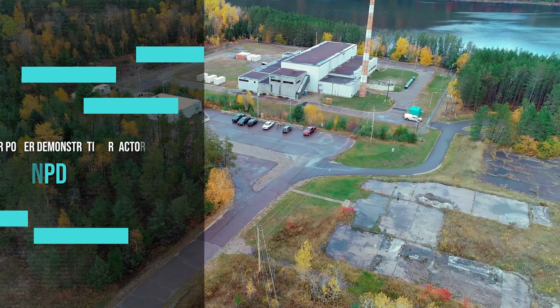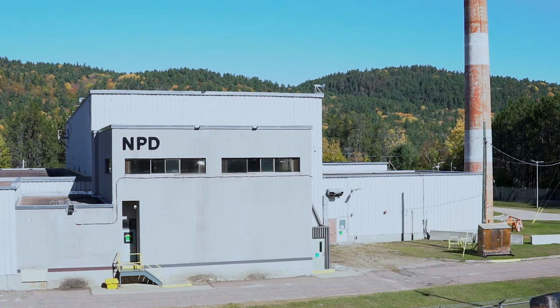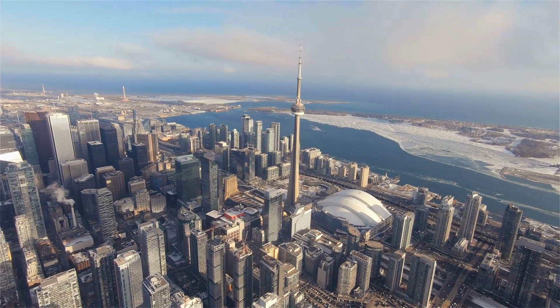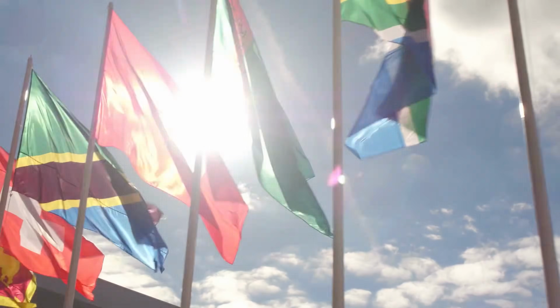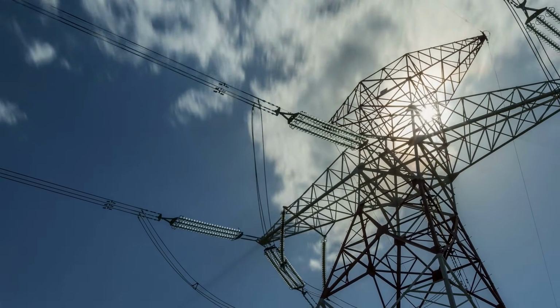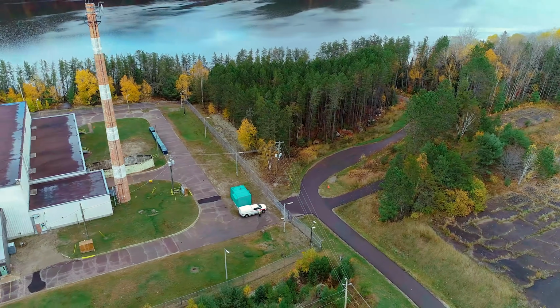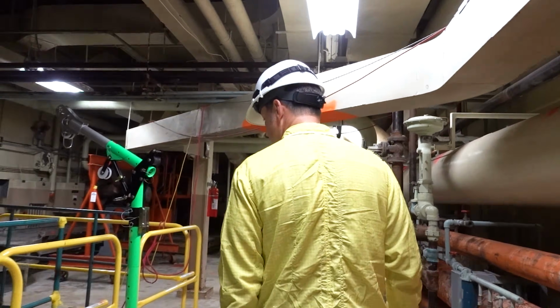All right, so now for a reactor you've all been waiting for, the Nuclear Power Demonstration Reactor. This reactor helped propel Canada to the international stage to become one of a handful of nuclear nations to master the craft of controlling nuclear fission and creating electricity, the lifeblood of modern-day civilizations. This was a demonstration reactor that was used to test new fuels and materials, as well as train an entire generation of